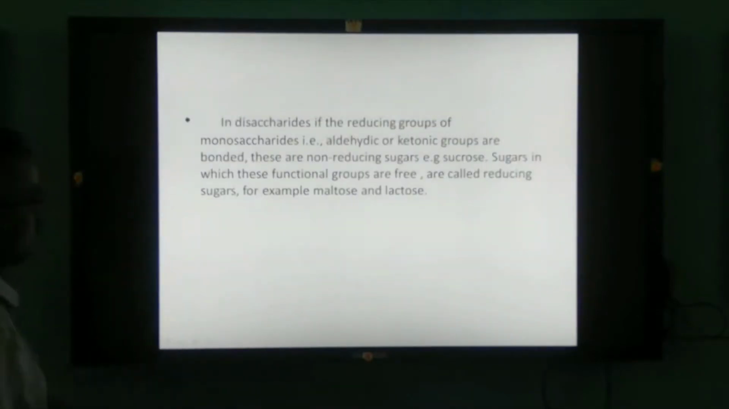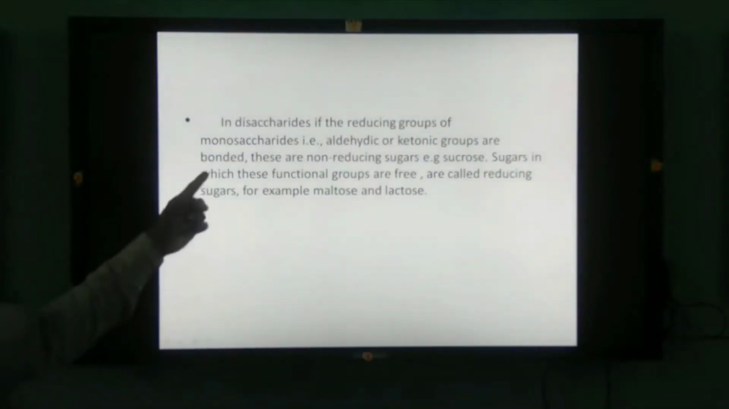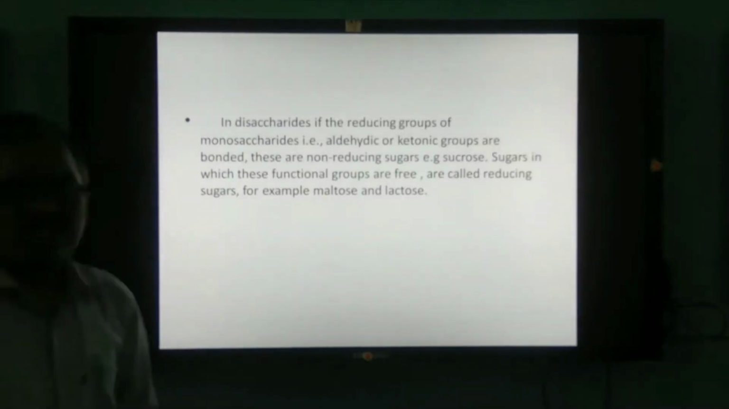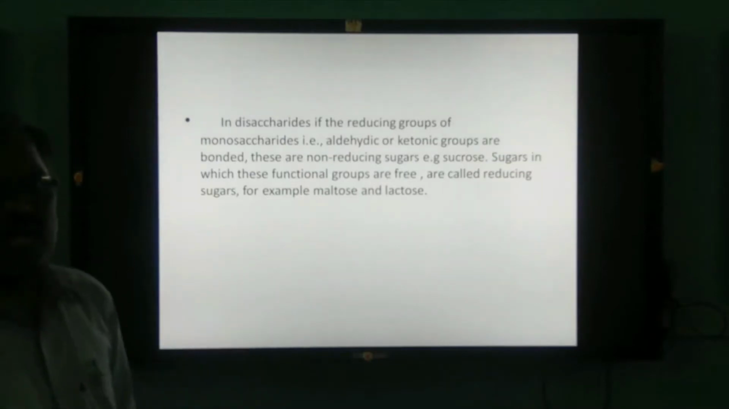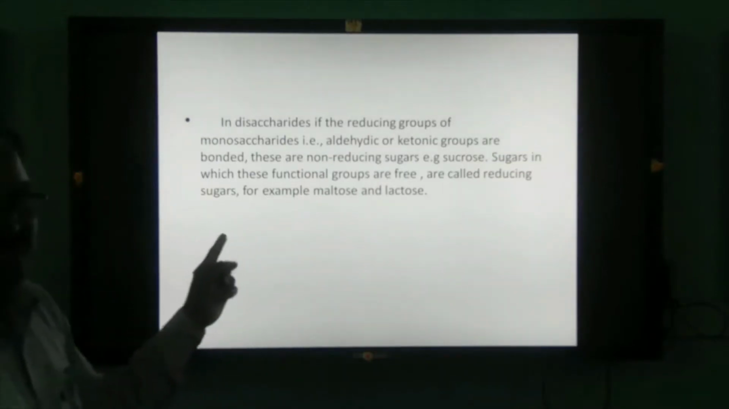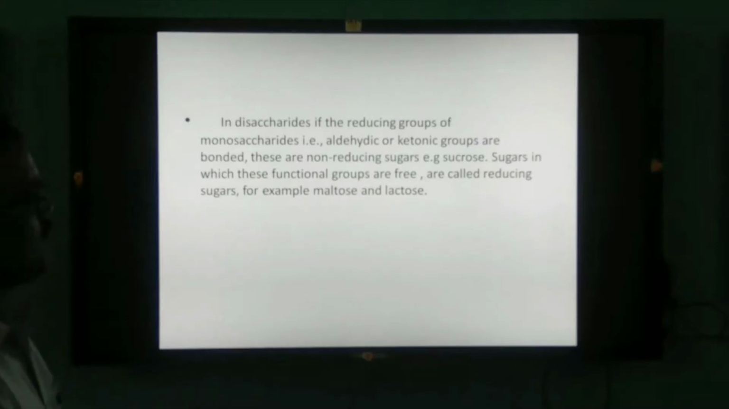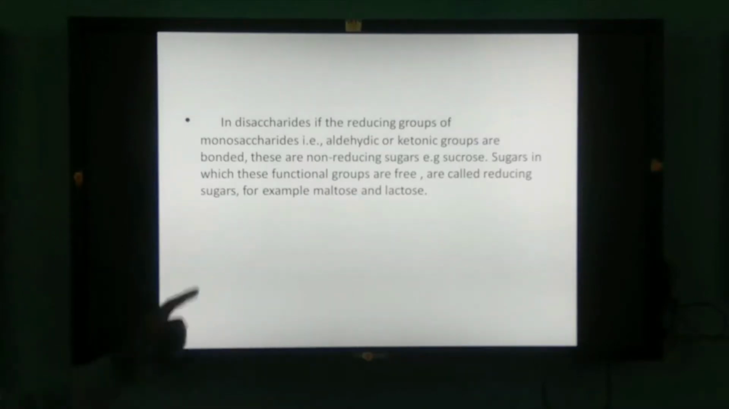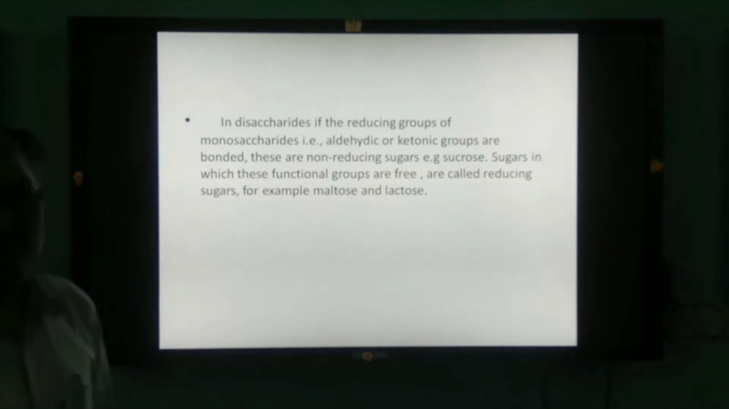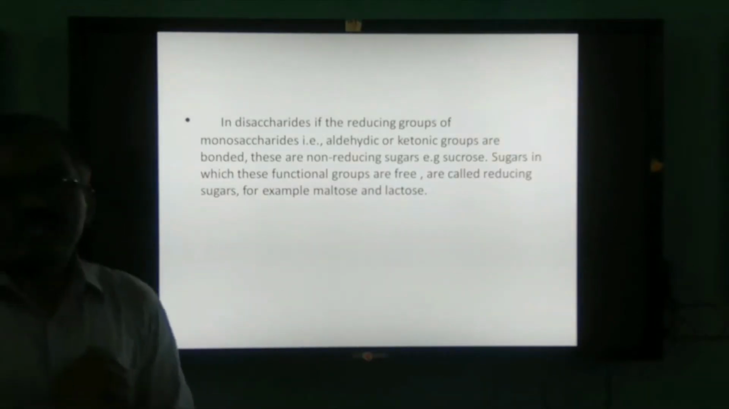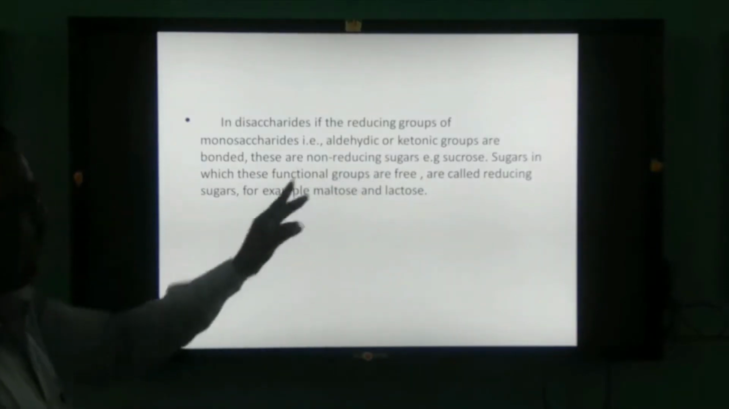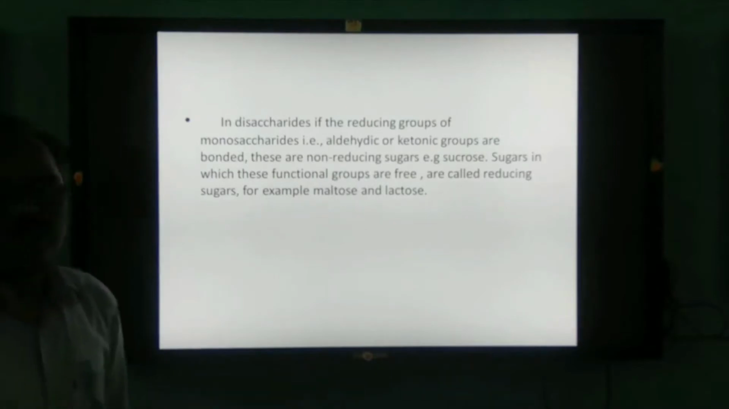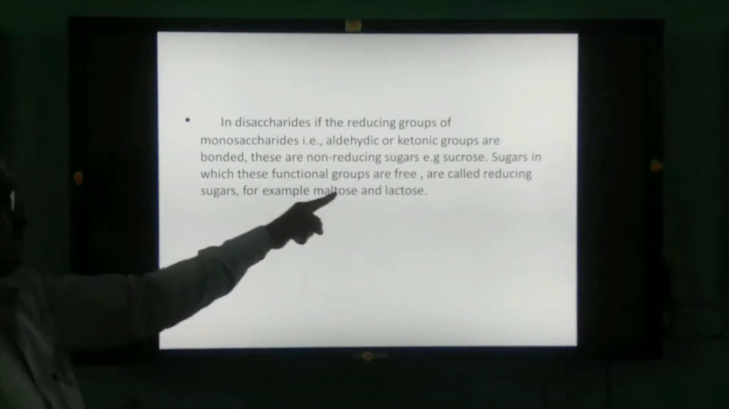Next slide. In disaccharides, if the reducing groups of the monosaccharides, that is the aldehydic or ketonic groups, are not free but are bonded, they are called non-reducing sugars. Example, sucrose. Sucrose is a non-reducing sugar. Sugars in which these functional groups are free